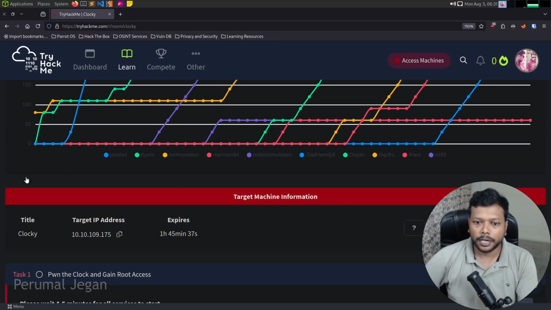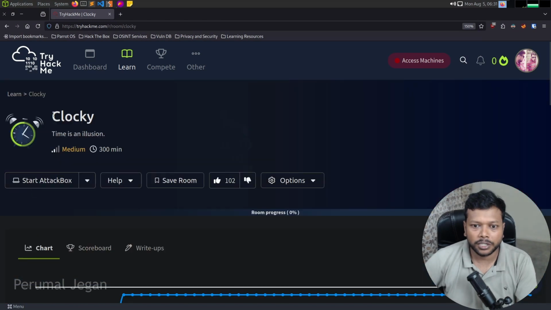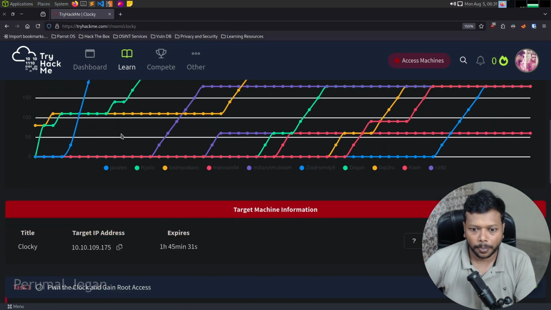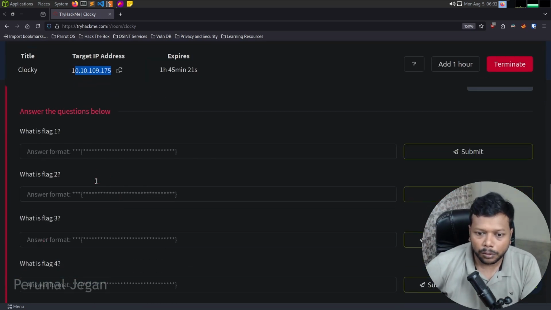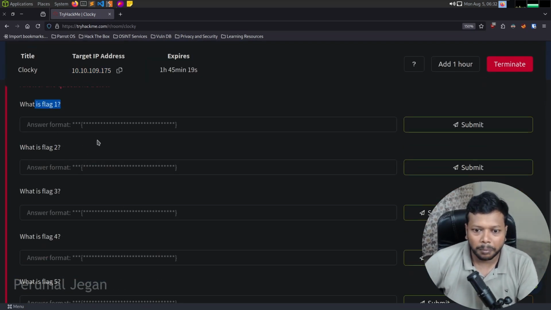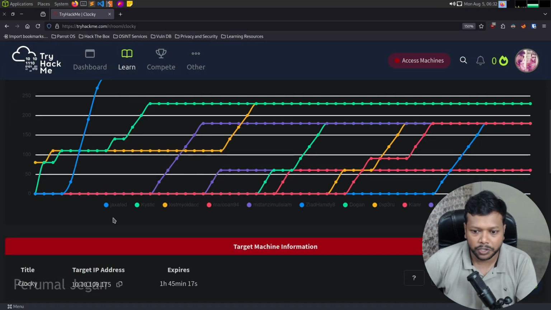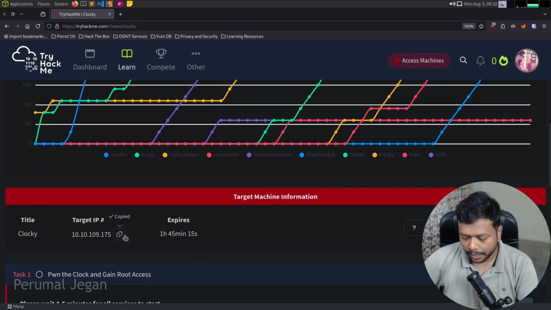Now you are looking at the machine page and the machine title is Clocky. The tagline is "time is an illusion." And you can see the IP address. I started this machine 15 minutes back, so hopefully all the services must be started by now. That's fine. Now we have to grab multiple flags out of this machine, but before that, let's see how to